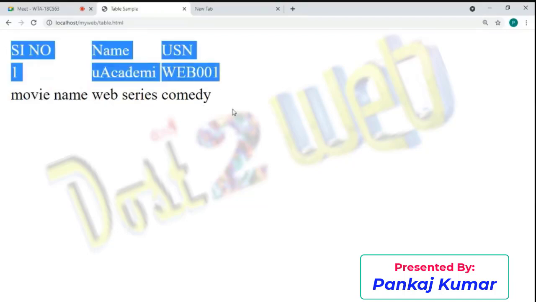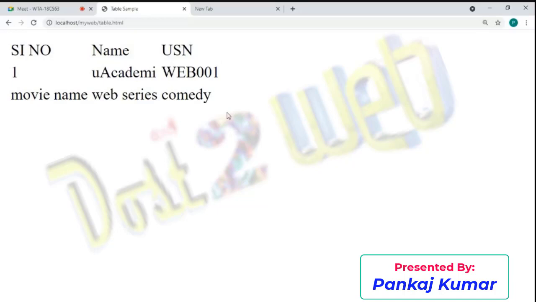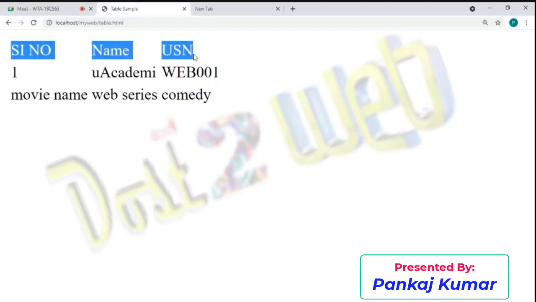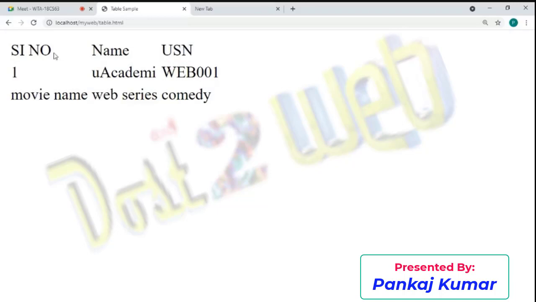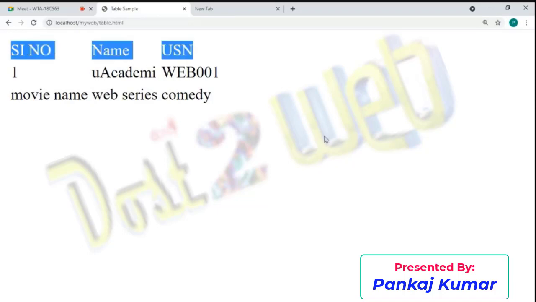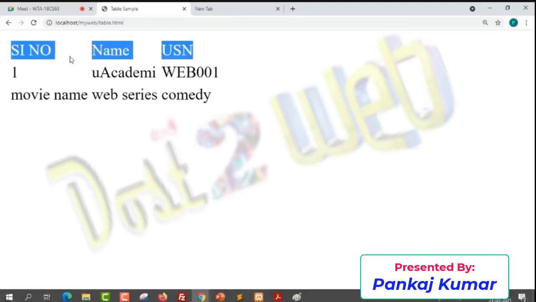But you can see that this is a table actually, but it doesn't look that attractive. There is no border, nothing is there. And everyone will say, oh, this is not good. What we have defined here is not as a table header. This is the problem, so that's why it is coming like this. Whenever you create a table, generally there will be a table header. So let's change now to the table header.